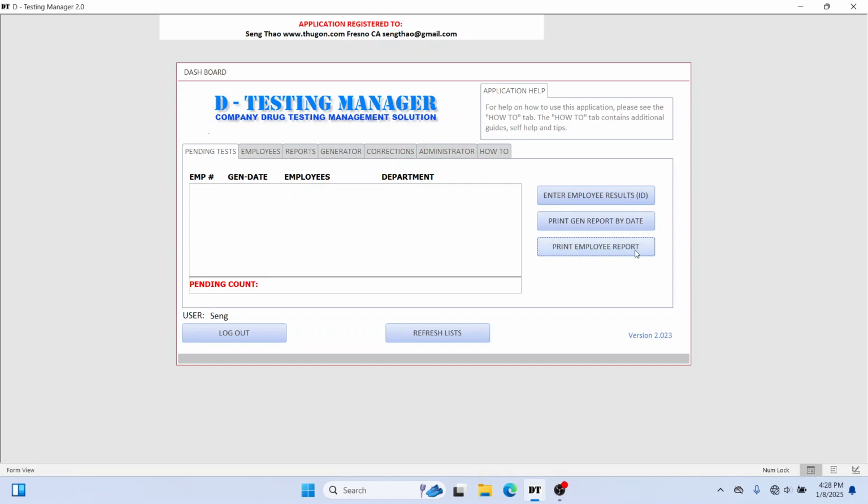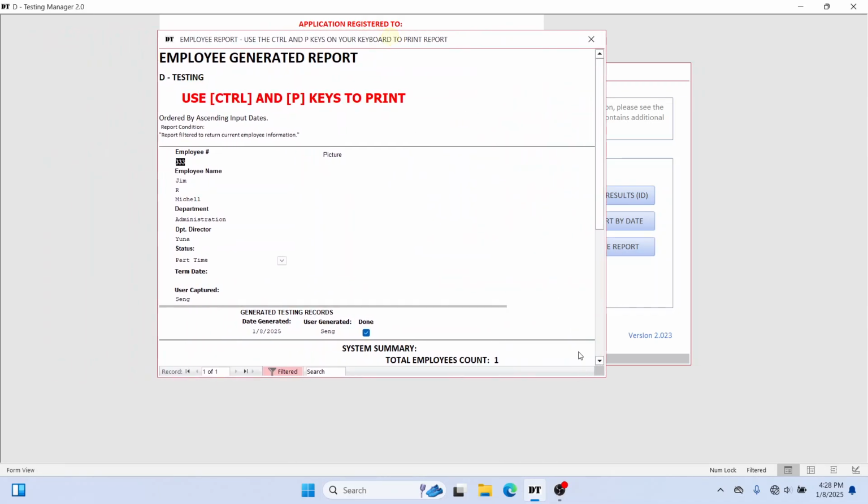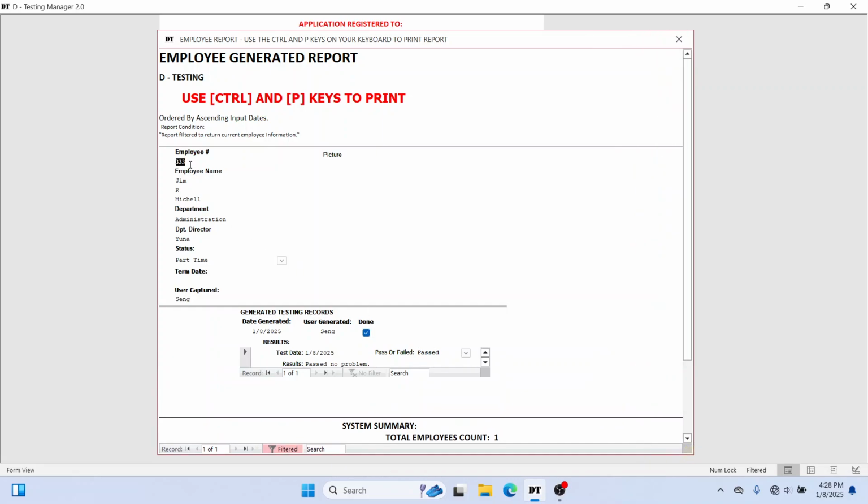I could generate an employee report. So if we want to do that, let's put in 333 here, and you get this report here. You can use the Control P keys to print this if you like, and it'll show all of Jim's records. You know, that he's been generated on this date, and his test results are below there. Okay,